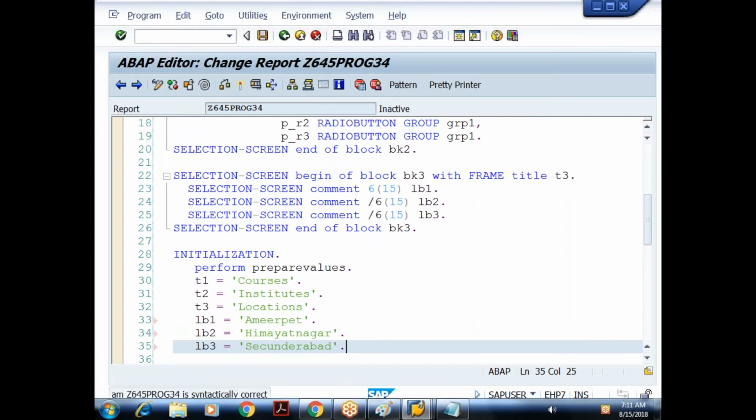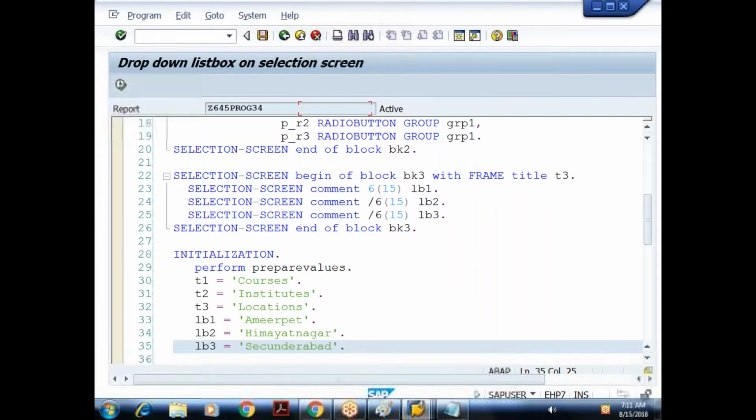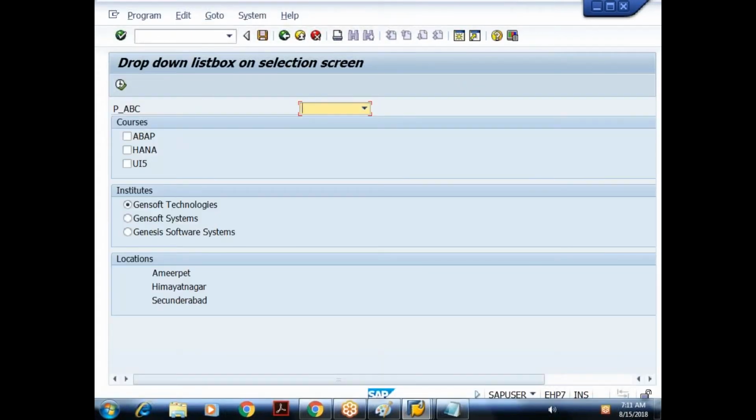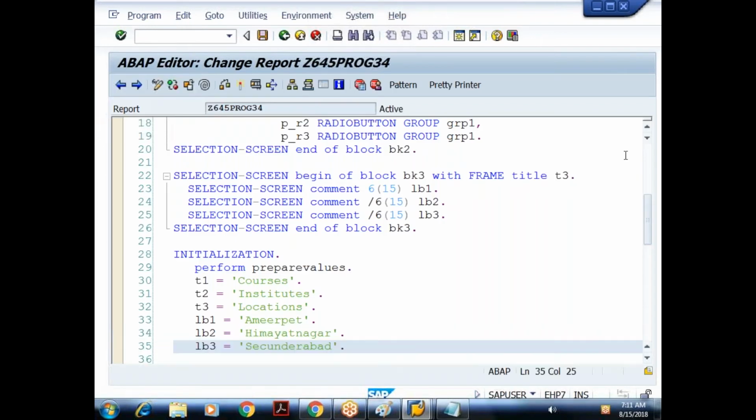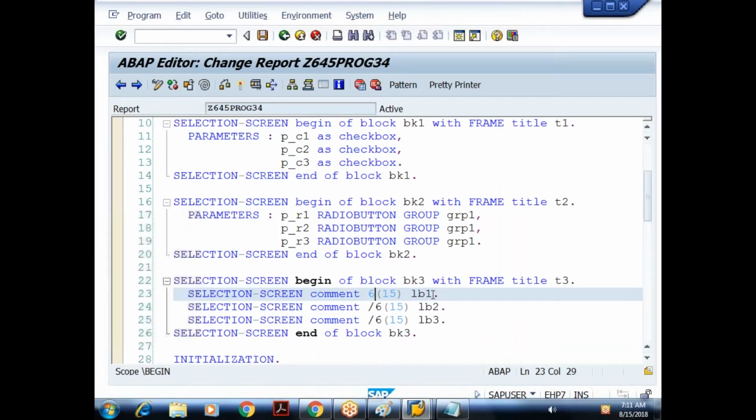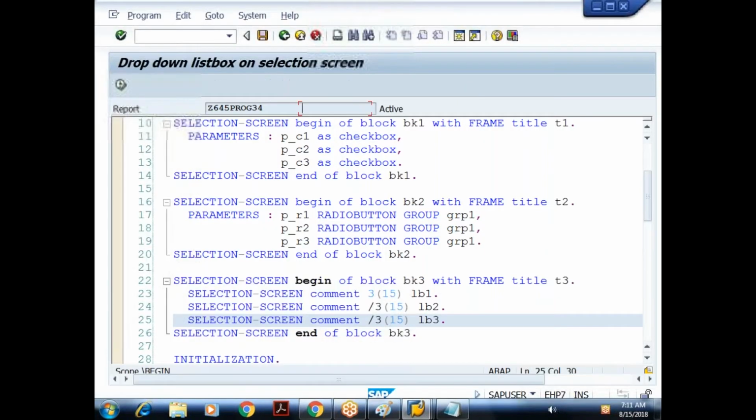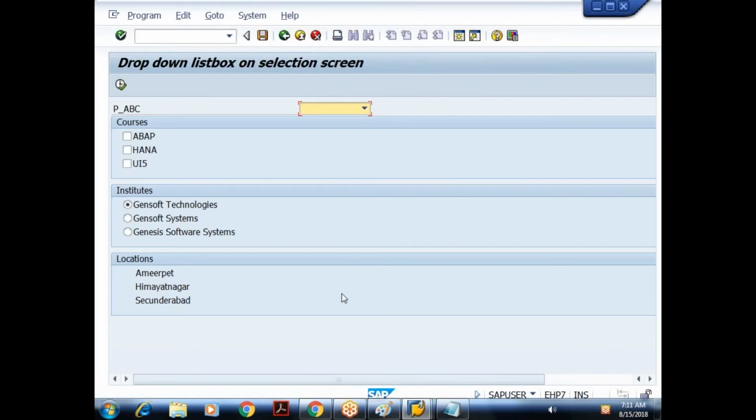Done. So I'm just giving some labels. So I got 3 labels. Fine. Right. So let me start these labels from third position so that it will be properly aligned. Done. So I got something like this.